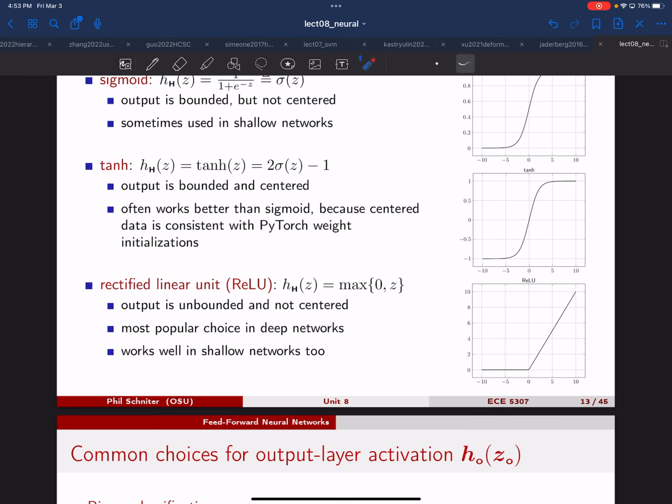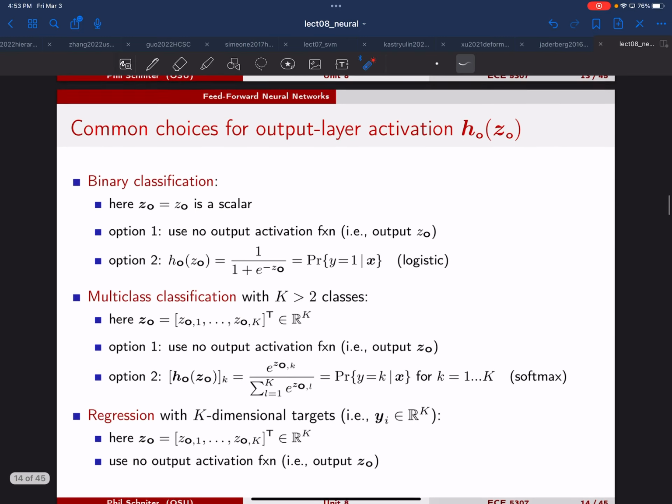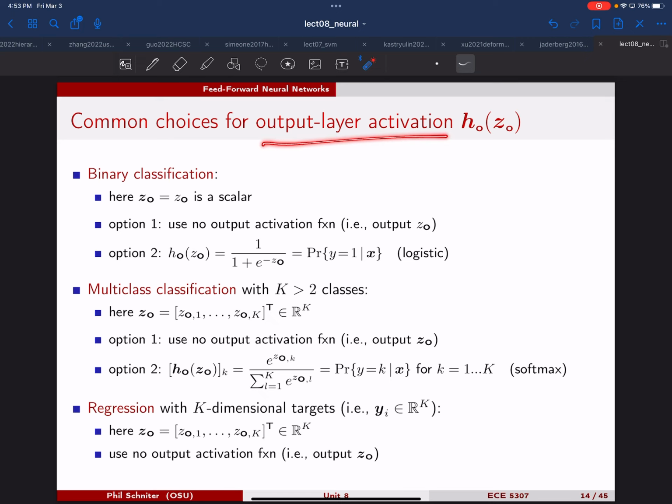All right, good. So now let's talk about the output layer activation. We have to talk about the task we're interested in solving. Let's say we're solving a binary classification problem. In that case, we want our output to be just a scalar, as we saw with logistic regression, where for the binary case we just want one output. And there are two options here. Option one is not to use any output activation function. So we just output